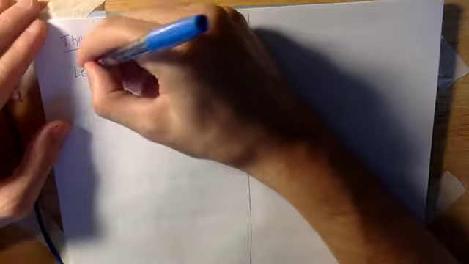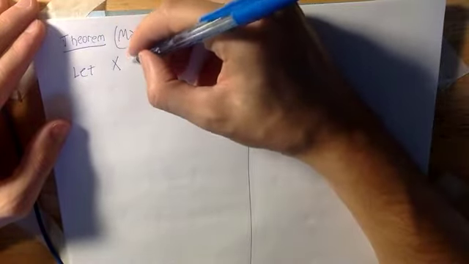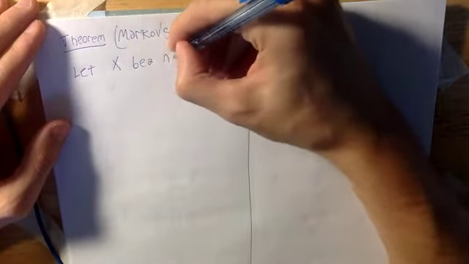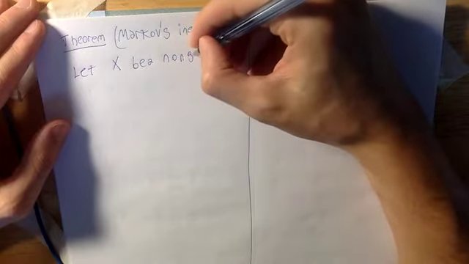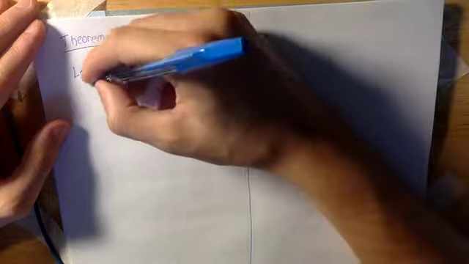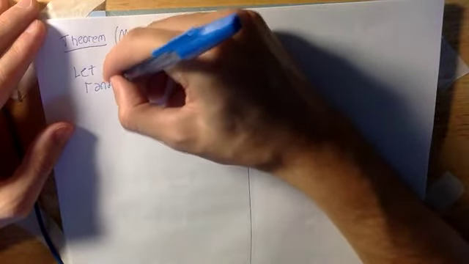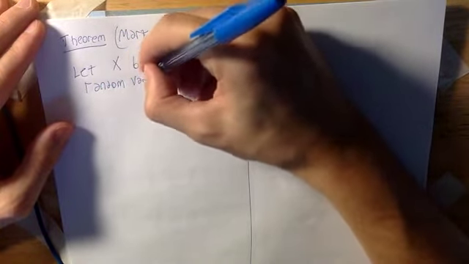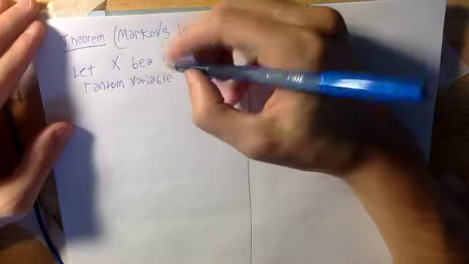It says the following: let x be a non-negative random variable, then